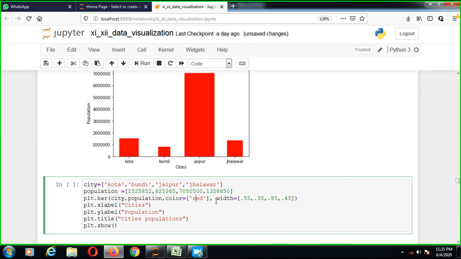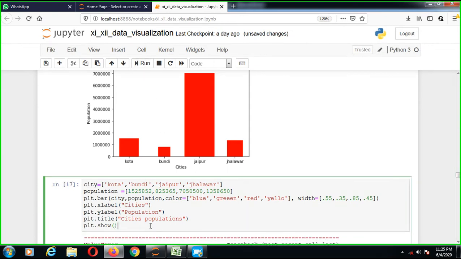So red will go to Jaipur. Then blue, green, red and yellow. So now we execute it. This is red, blue, red, black.